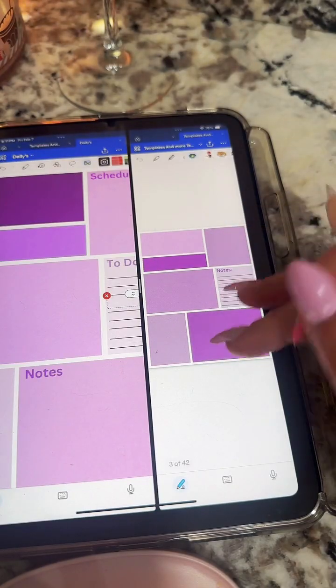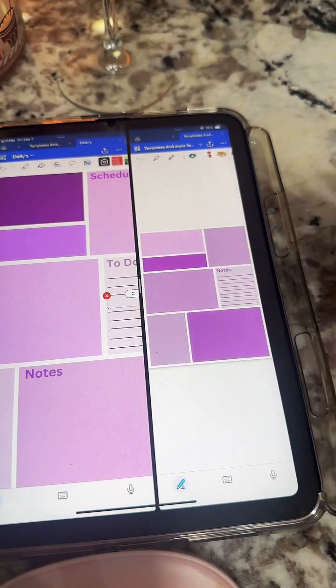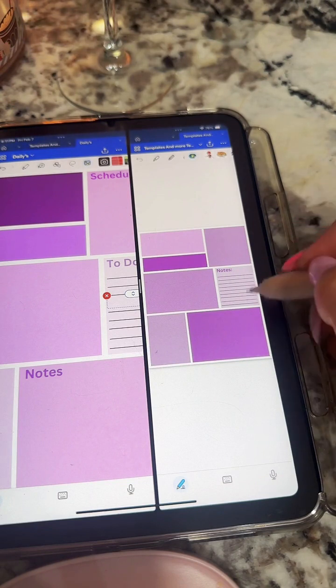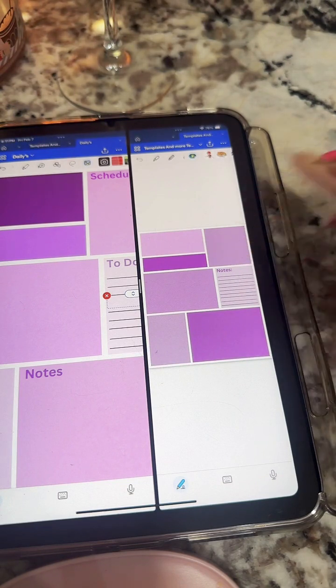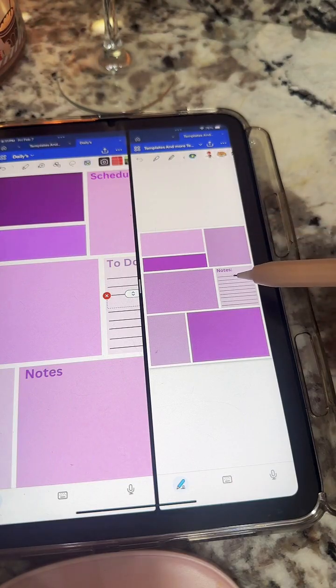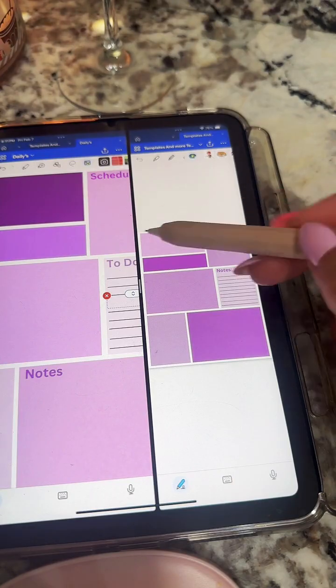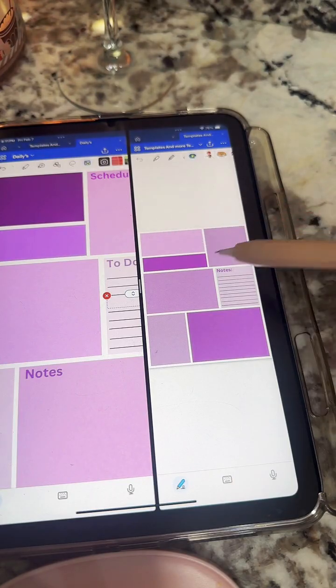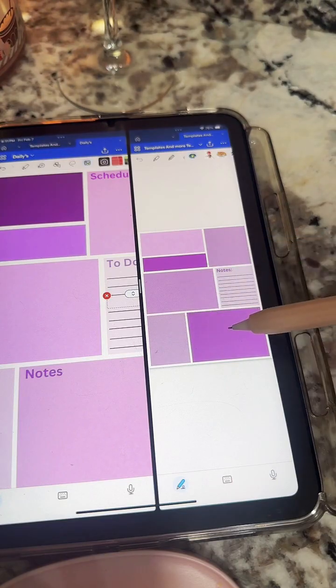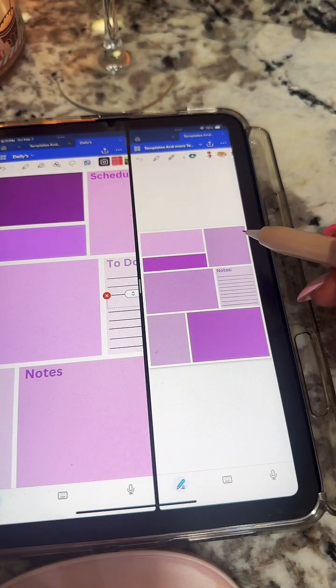Now, I also have this type of template in there. You have the notes on the side. Again, you can cover it if you want. This you can use for a weekly if you wanted to. You can definitely cover this up and then do the month up here. So you can have Monday, Tuesday, Wednesday, Thursday, Friday, right? Or if you're the type of planner that only plans up until Thursday and does a Friday, Saturday, Sunday type of plan,